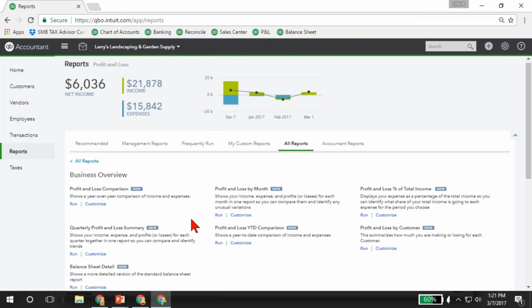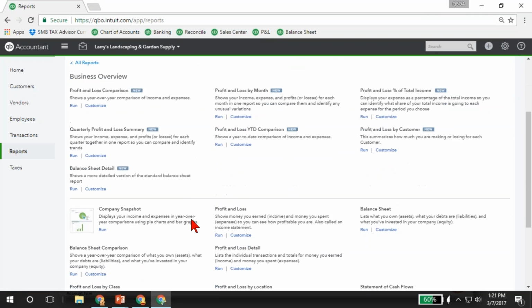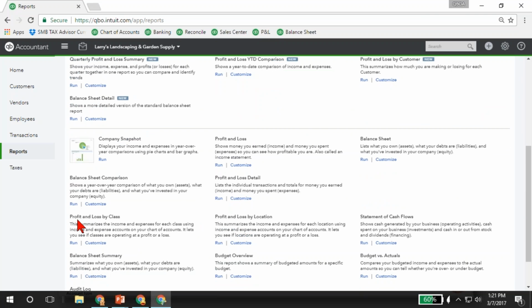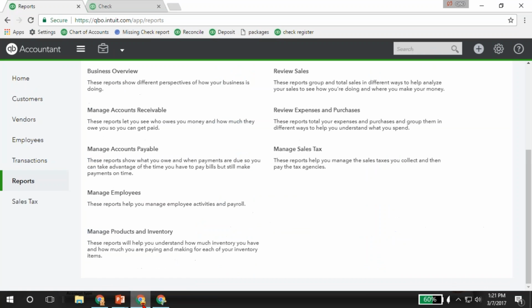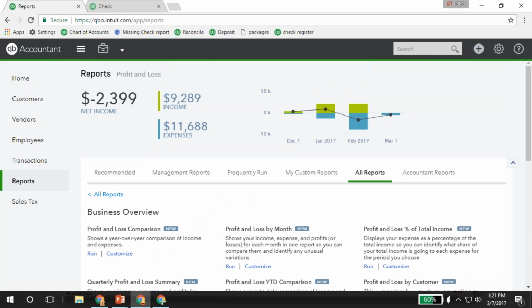Under the business overview, as I come in here and look around, I will see a P&L by class and a P&L by location. And here are some of my budget reports: budget overview, budget versus actual. P&L by class and location and budget. When I go back into Craig's Landscaping and click on my business